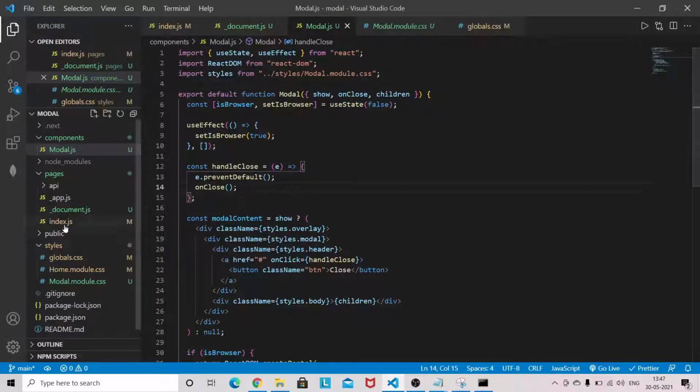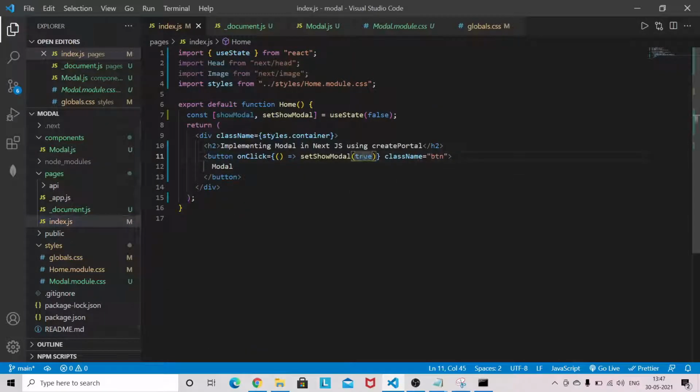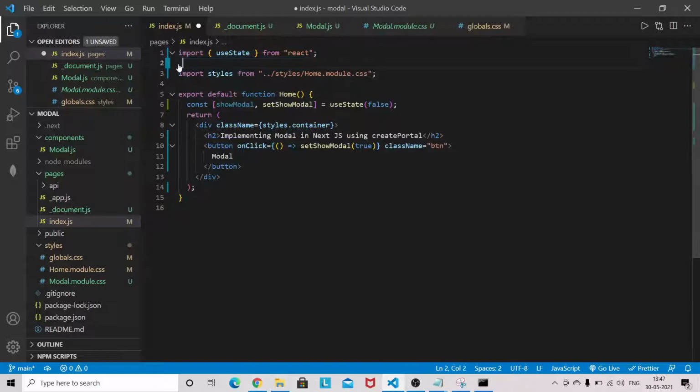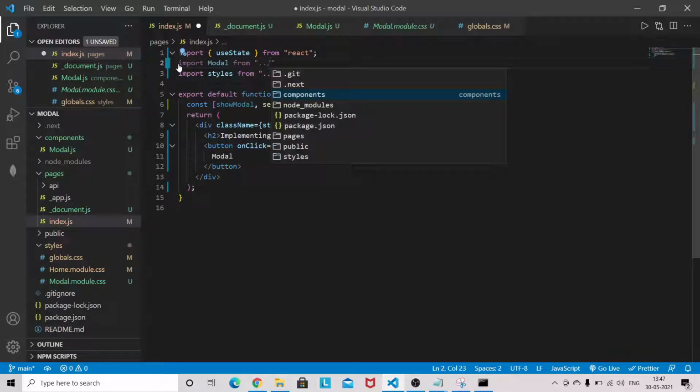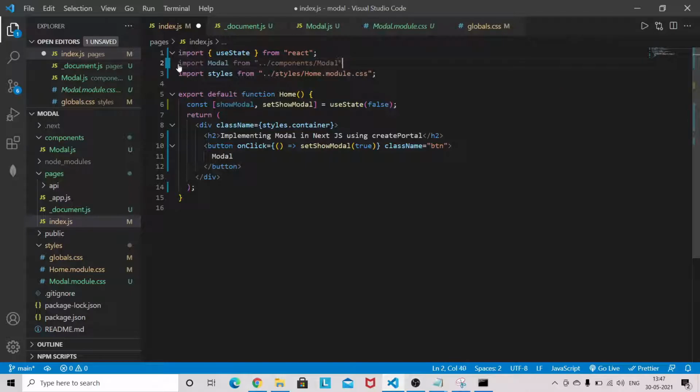Now come to the index.js file, you can remove this, there's no use of it, and we will import the Model component from components/Model.